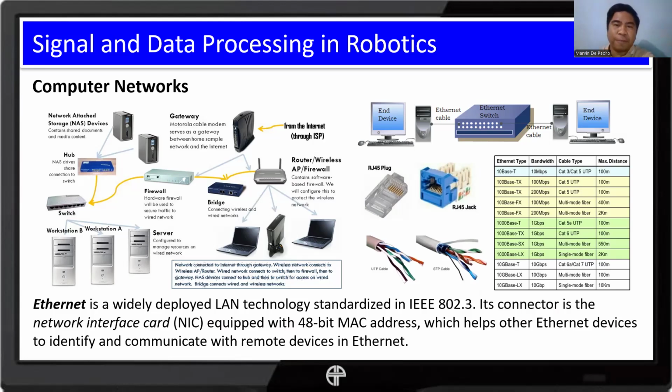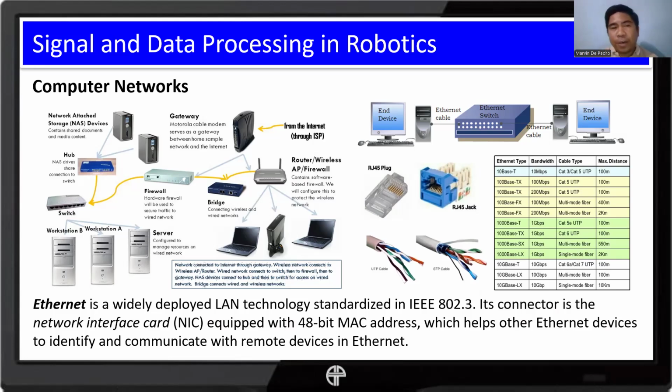Like we have a user interface, we have a database server, an external user, an external system that the robot must collaborate with. So they must be configured in a way they form a computer network. Okay, we have devices like routers and switches, and we make use of different protocols and other technologies that allow our data to be transmitted from one device to another.